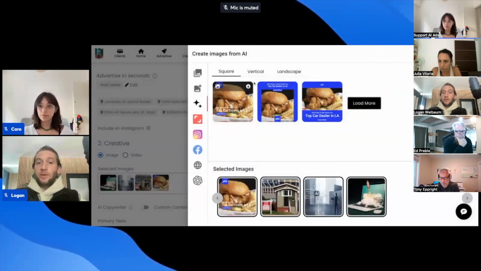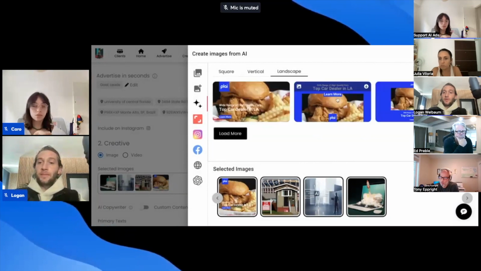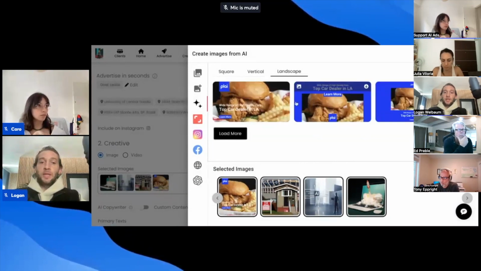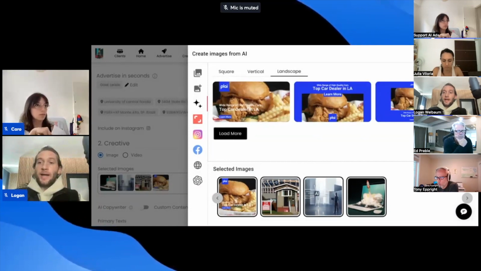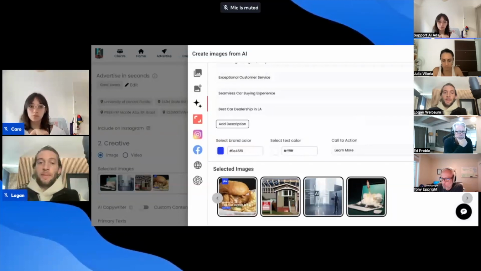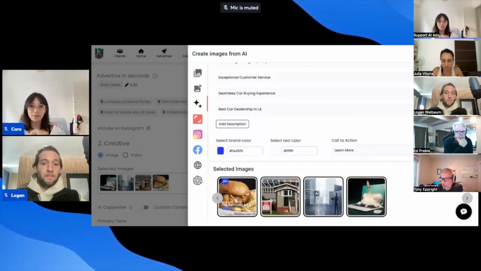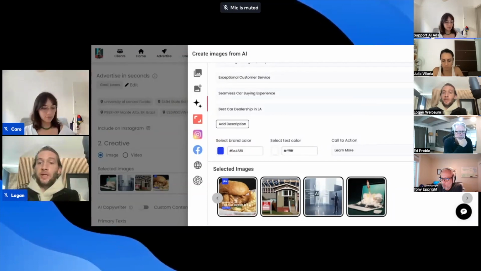You can always download these. Works across vertical and landscape too. So you can just upload any image that you want. Maybe a blue text would have looked better here. So you can just come back in here and switch out the text color and just generate it as many times as you want. But I wanted to show you this just to give you some different options for creating your image and video